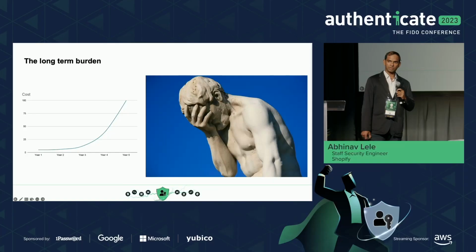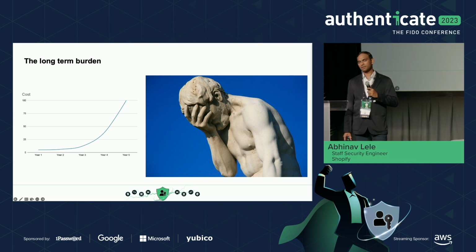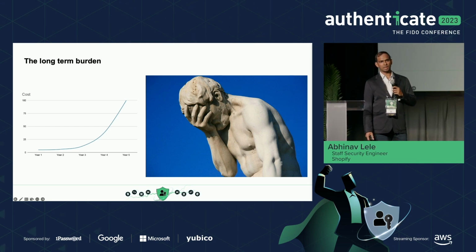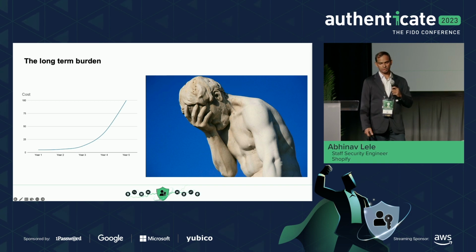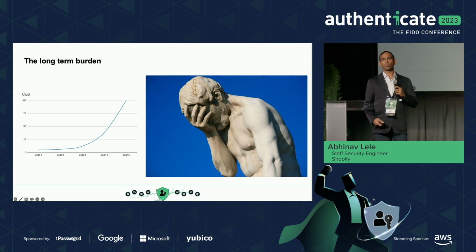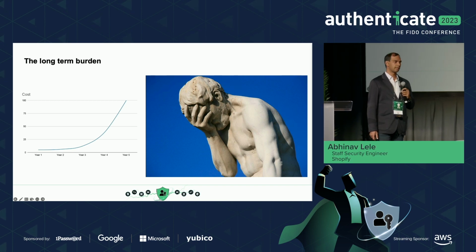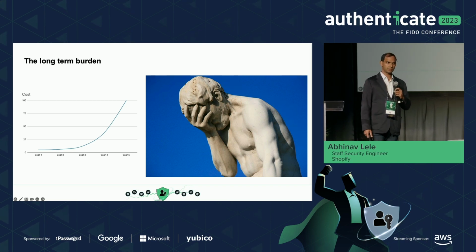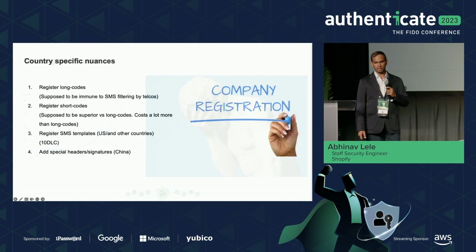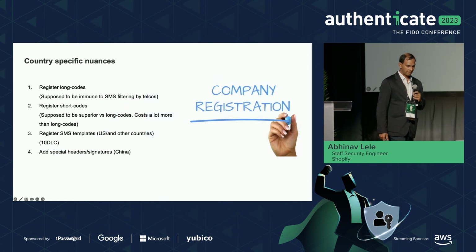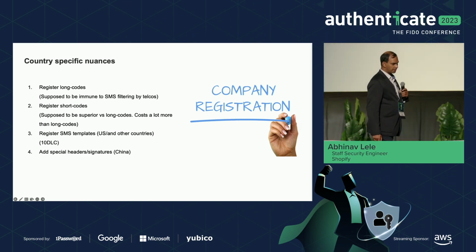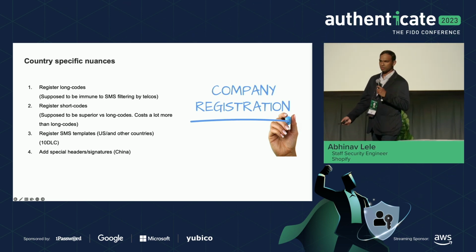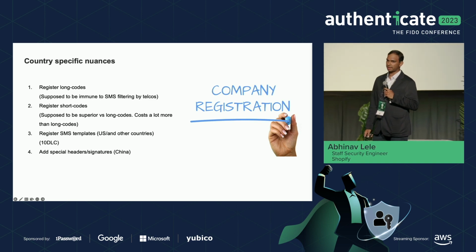Initially, when you start off, you would have a smaller cost. So let's say $1,000 a month. Over time, it becomes $2,000. You're happy as a service owner, but over time, the cost goes up. And we're going to look into why that goes up. It's not that somebody's trying to take money out of your service by stealing, but it's really complicated. So first off, when you start off your service, your SMS count would be, let's say, 1,000 or 2,000 people who want to get the SMS.